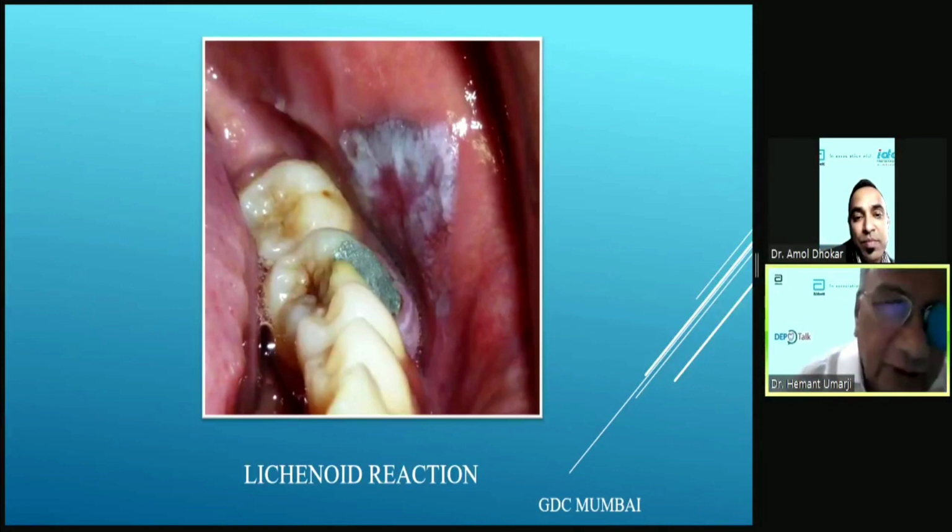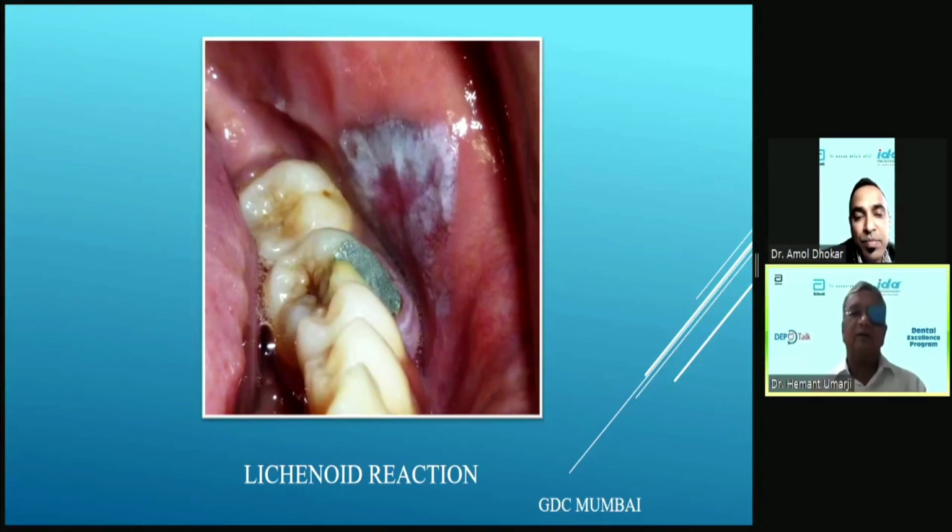This is one interesting lesion called lichenoid reaction. A silver filling against the cheek mucosa develops this, and after the patient's silver filling was removed and they gave glass ionomer or zinc oxide or something, the lesion disappeared. So that is just a reaction. So that is called lichenoid reaction. If the patient has burning sensation,